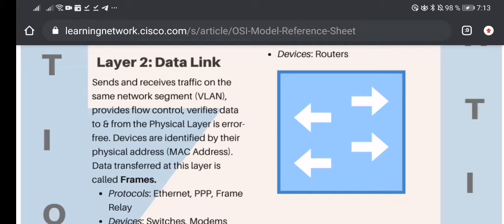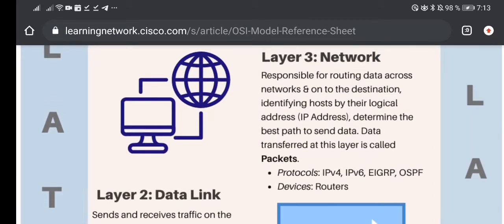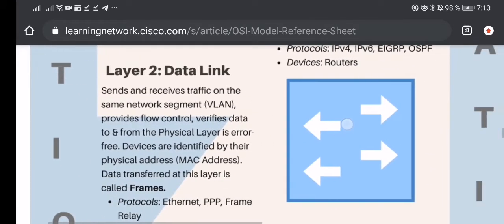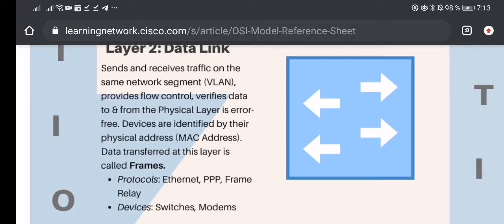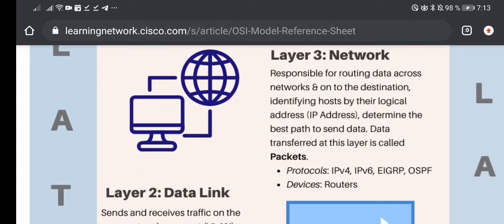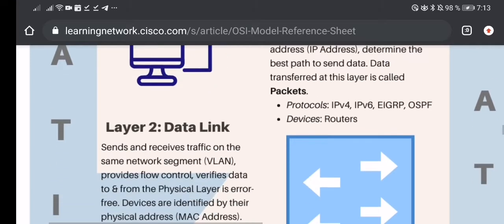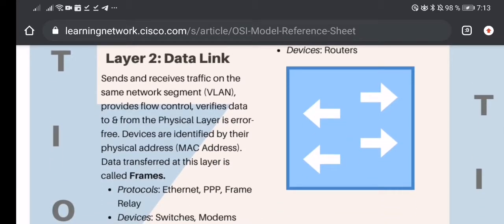What happens here is the switch understands MAC addresses. Instead of understanding IP addresses like the previous layer with the routers, the data link layer understands the source and destination MAC addresses. Initially, it ignores any of them, so it has a MAC address table that populates dynamically according to the frames that are being sent over. Just to clarify, on the layer 3 network layer, we have packets. And here on the data link layer, we have something called frames,